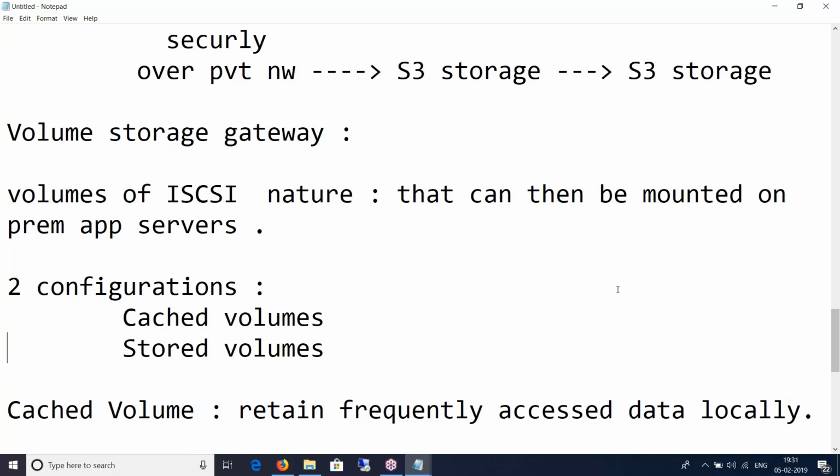But here, if you define the storage gateway as a stored volume, it does that automatically based on the time intervals that you specify on the storage gateway itself. Okay, so this has to be done on the storage gateway side, not on the host side or the local storage side. It is, yes. Got it. Okay, thank you.